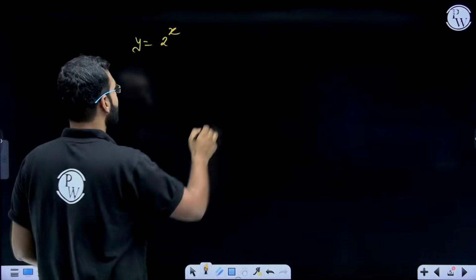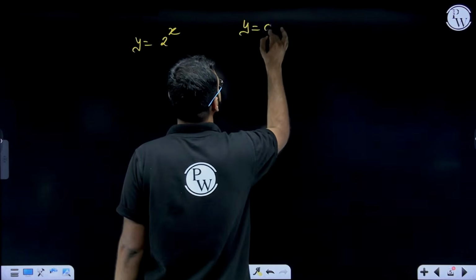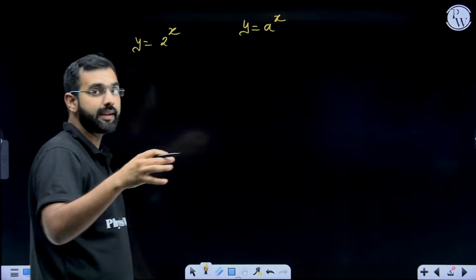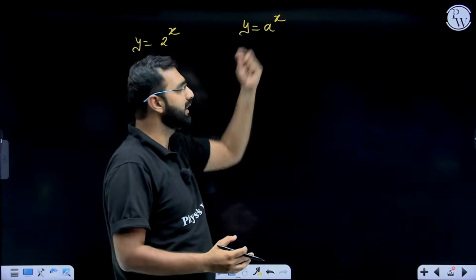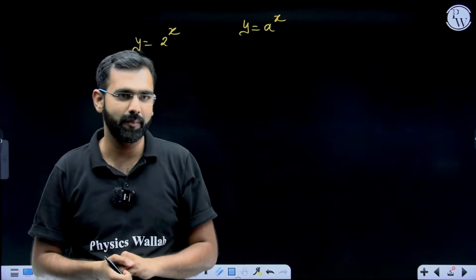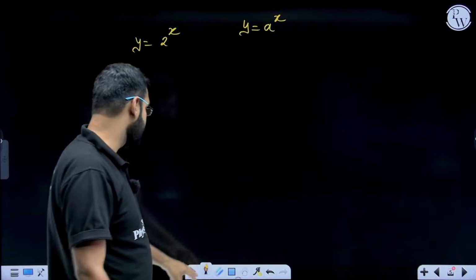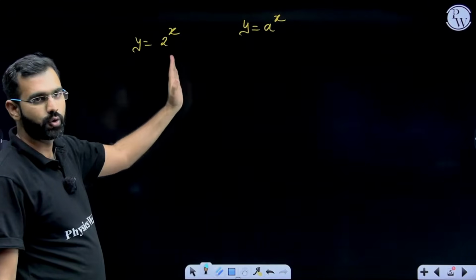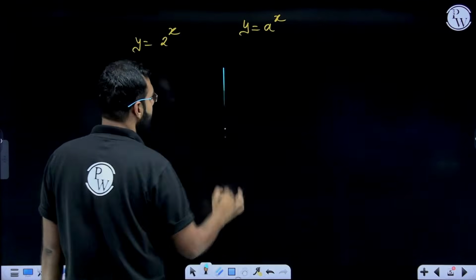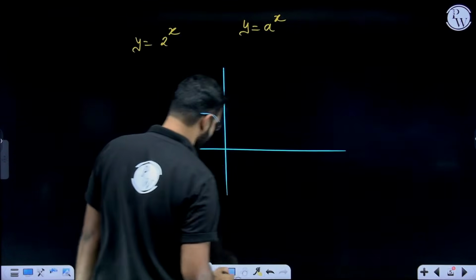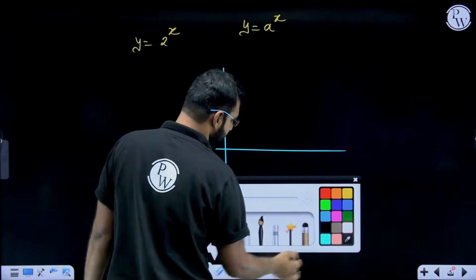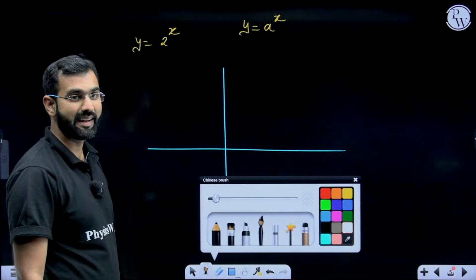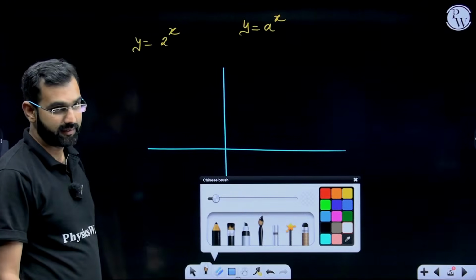So I'm trying to define the function y is equal to a to the power x, but to make it clearer, all I'm doing is I'm taking this base a as 2. I hope you're comfortably understanding this part. Now with that, all I'm saying is some very basic thing here, that if I start defining 2 to the power x, so I hope you're clearly getting that if I start taking different values of x, which means if I take x as 0,